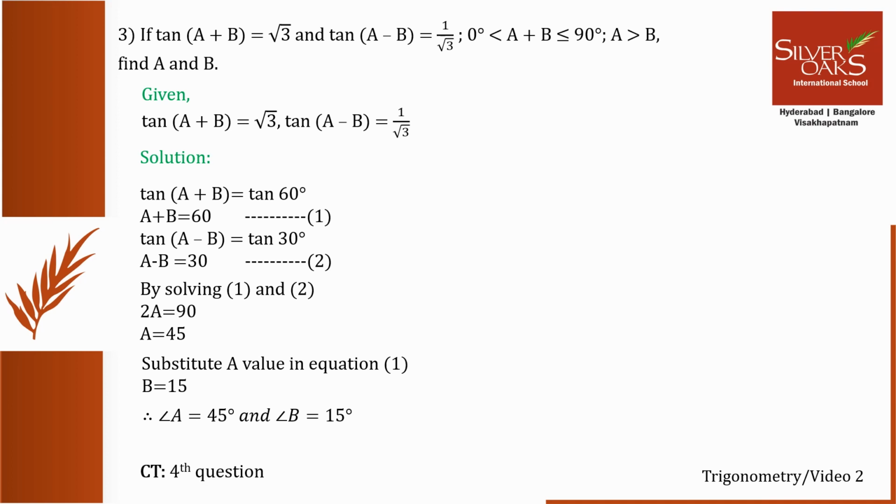Now you can do the fourth question. First complete the third question in your journal and do the fourth question. Take the evening task as example, sums 6 to 8.